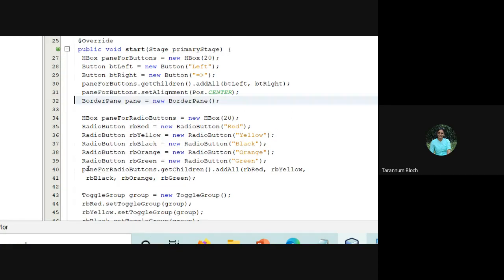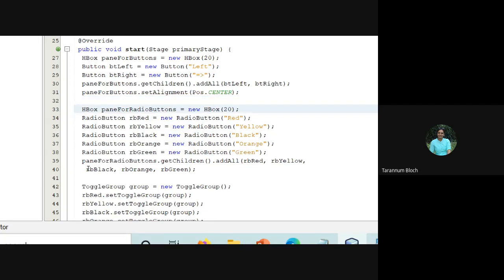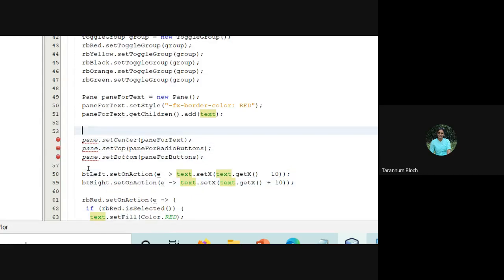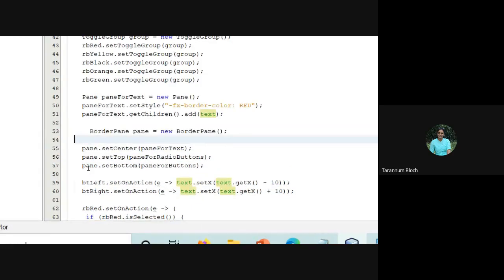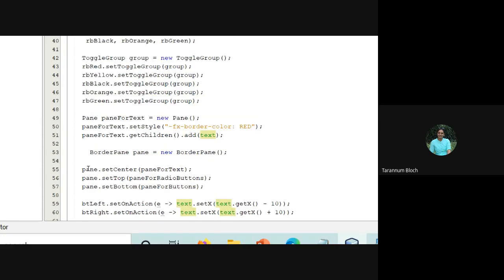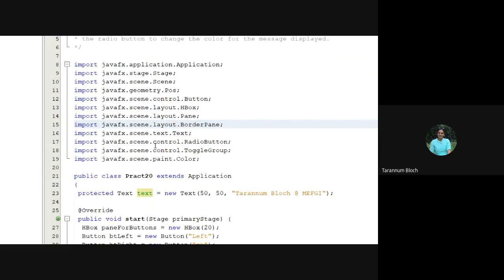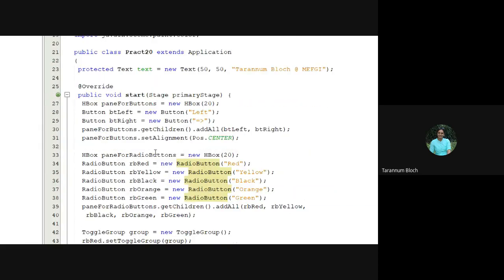And in the border pane, we added all the other panes. So we took a border pane, and there we have just taken the pane for text, pane for radio button and pane for buttons. The pane for radio button and pane for buttons were the H box, and for the text box, you can see here, this is our text box with the 50/50 and certain text in it.